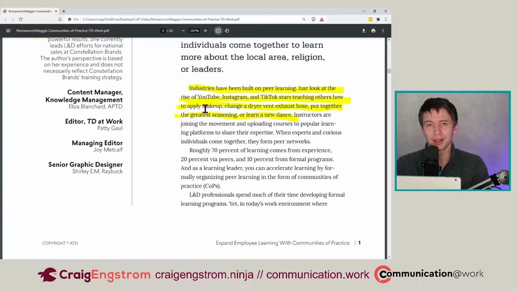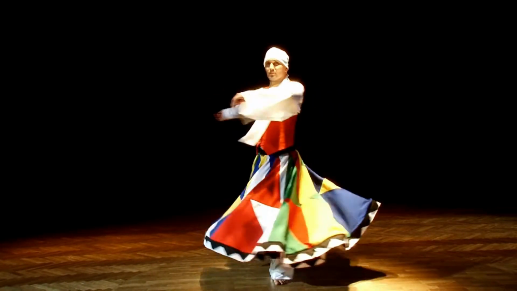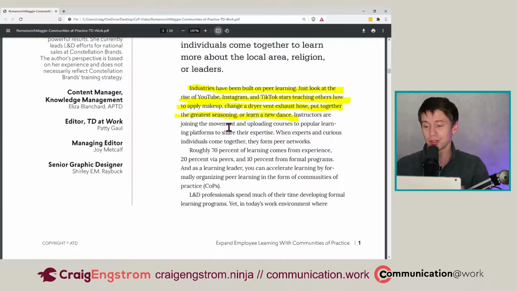And you can just look at social networking sites where you can learn how to season dishes or learn a new dance or learn how to be a better talent development professional, instructor, or just professional in general by watching YouTube videos and participating in discussions,